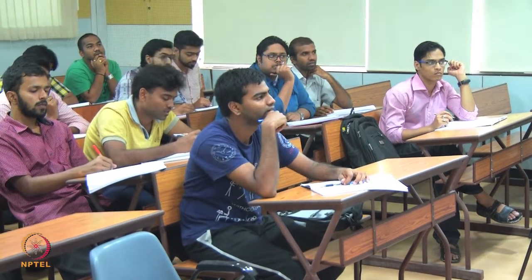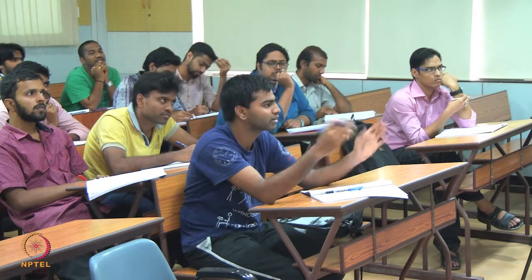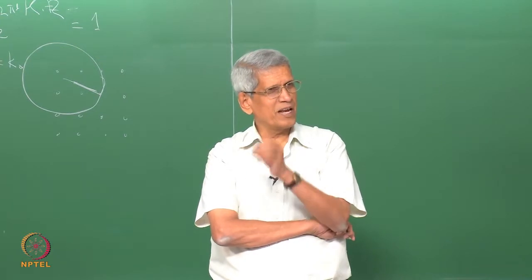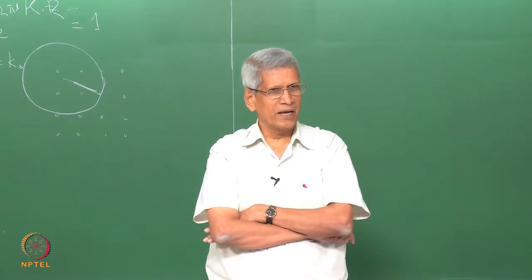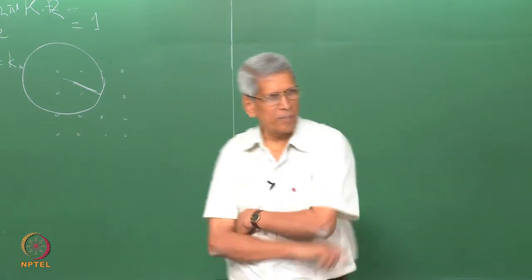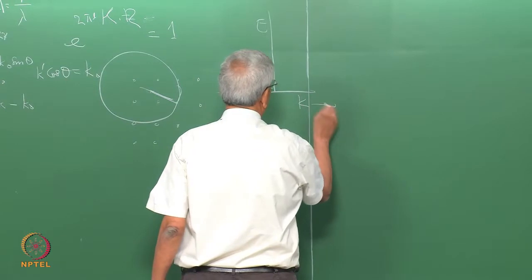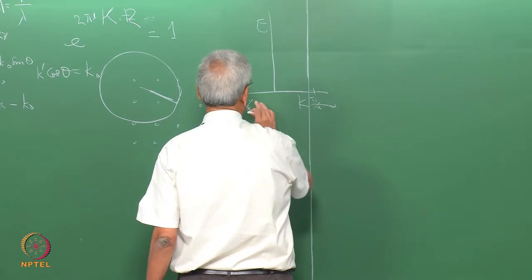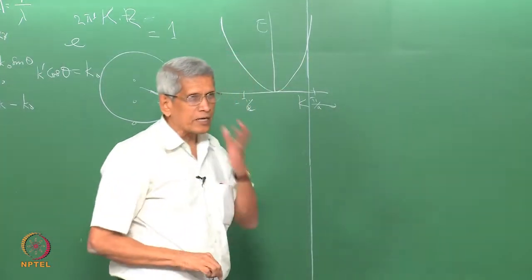No, the free electron concept you have studied, no? Free electron concept, what does it mean? All these electrons, can they have any energy? If it is a free electron model, they can have a continuous energy. And the relationship is E equals k squared. So what we essentially try to plot is energy versus k. If you try to plot it, this is with respect to some pi by a, and essentially this is the way the distribution will go, correct?